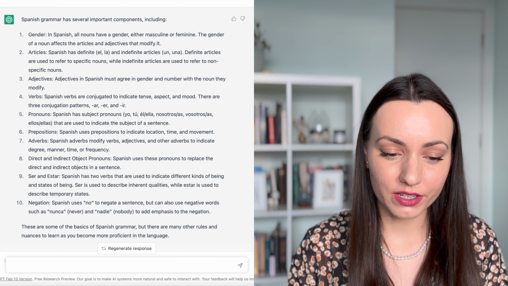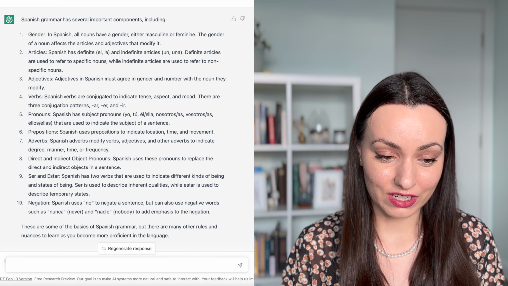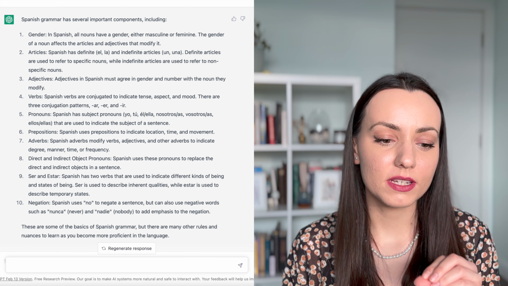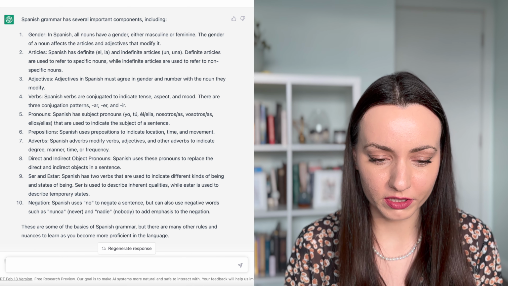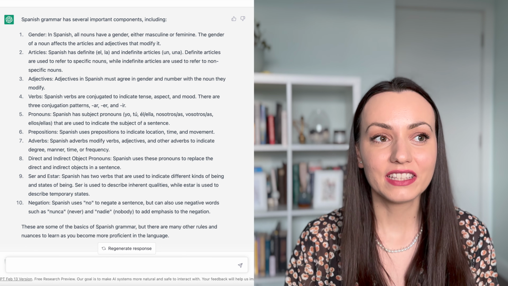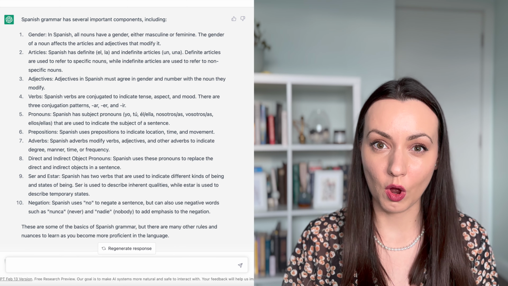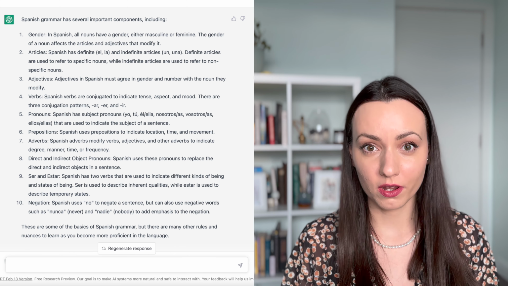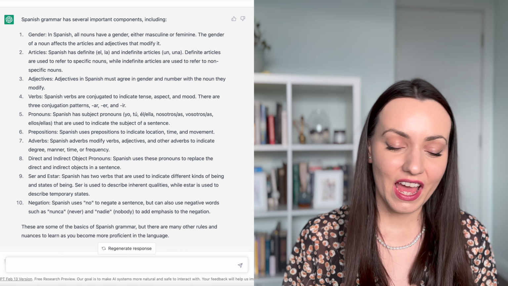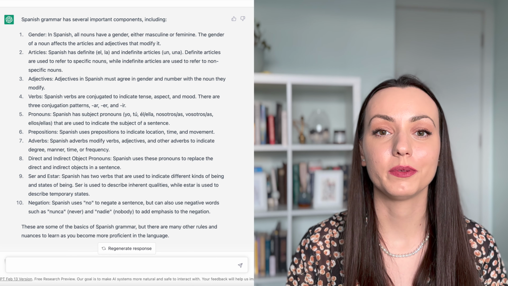The thing is, those are two different verbs that are translated as the verb to be, and this is just a whole bunch of oversimplification, which is fine. I guess it's a summary of Spanish grammar, but what really gets me is the following. It says ser is used to describe inherent qualities, that's true, but estar is used to describe temporary states. Wrong. That is a very big misconception about estar, repeated and parodied a lot, but it's absolutely wrong, because you say, for example, está muerto, he or she is dead. There's nothing temporary about that. So that's simply wrong. It's repeated a lot, but that doesn't make it true.